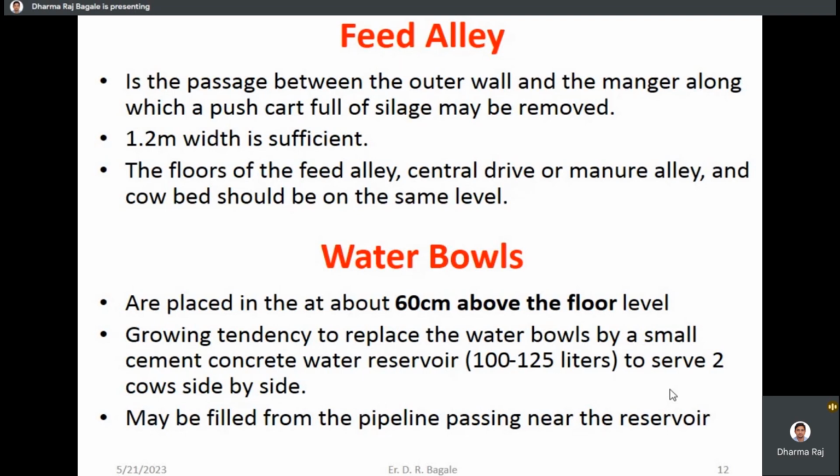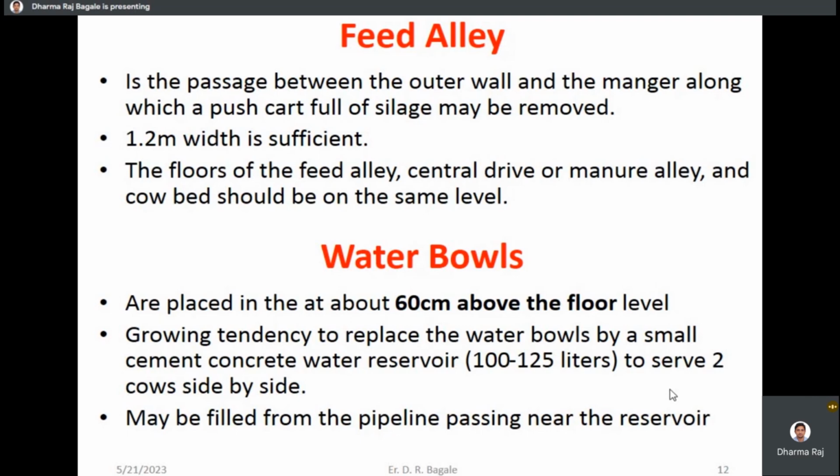And this should be at the same level for the purpose of cleaning, and the water should not log there also. And water bowls for providing drinking water to the animals. The water trough should be placed 60 centimeters above the floor, and the growing tendency is to replace the water bowl by a small cement concrete water reservoir of 100 to 125 liters to serve 2 cows side